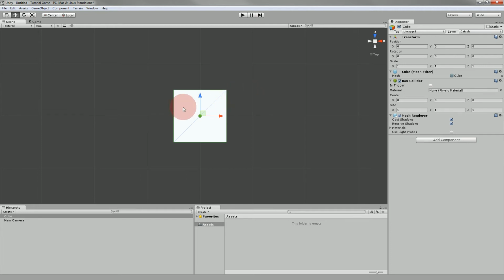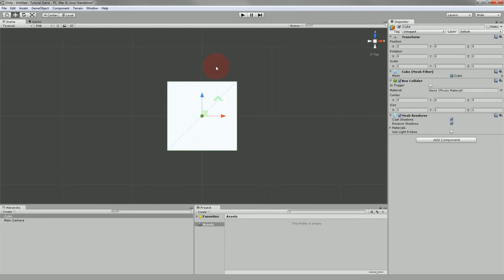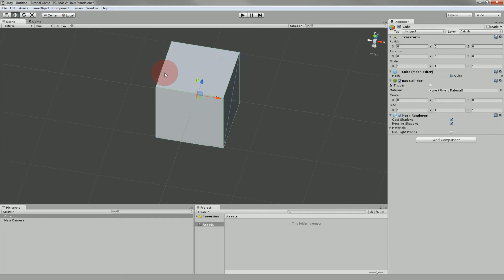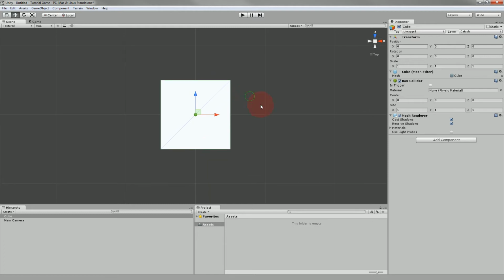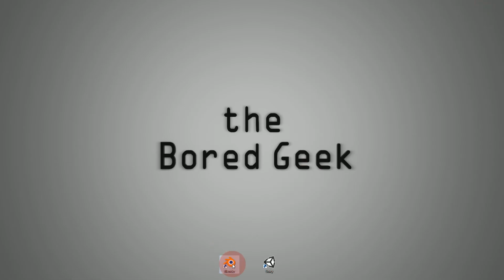Okay, so by default, Unity decides to use metric measurements, and this cube is 1 meter by 1 meter by 1 meter. Okay. So that's going to be very important for this, because we want to make sure that Blender imports our models into Unity and that we don't have to resize them later. So we're going to go ahead and minimize this. We're going to come over to Blender,